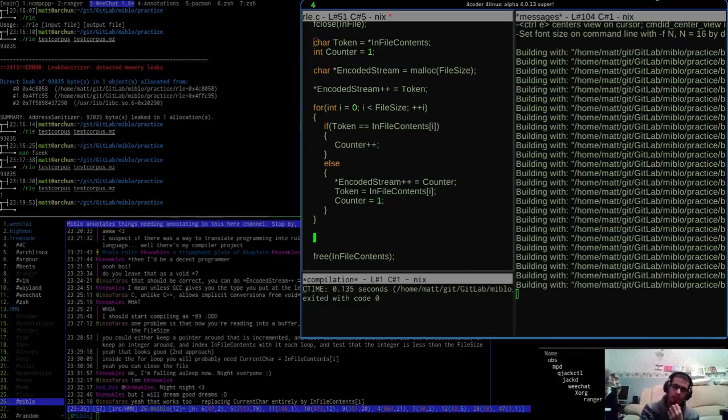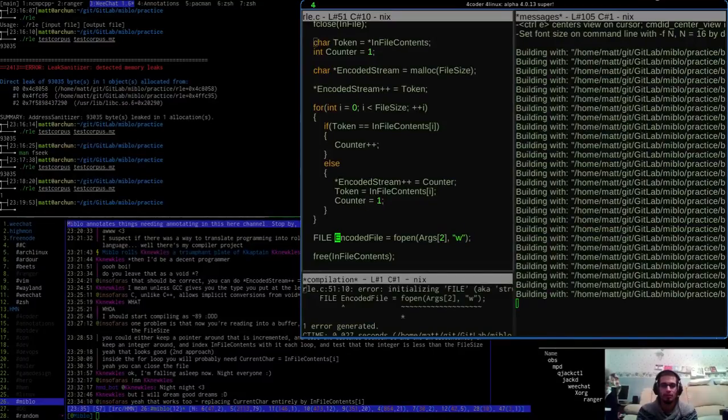Let's just try and write that buffer out. File encoded file is going to be equal to fopen. It's going to be args 2, I believe, opening it as writable. Just writable, honestly, because I can use the encoded stream again when I do the decoding.